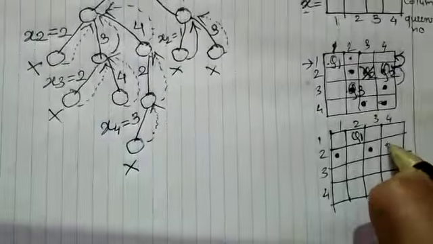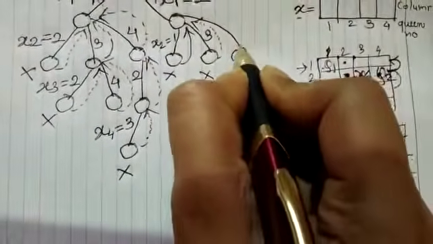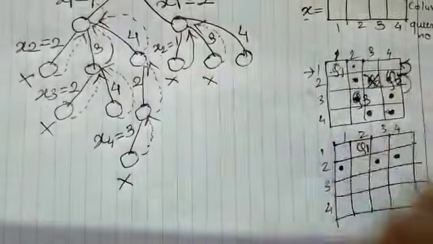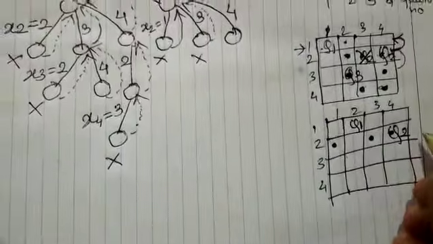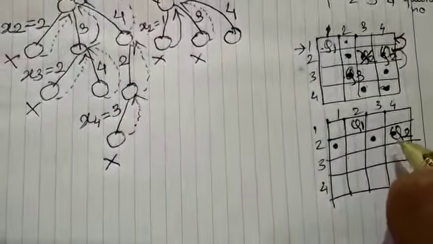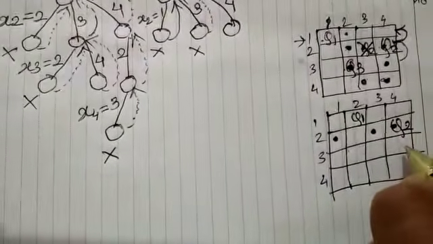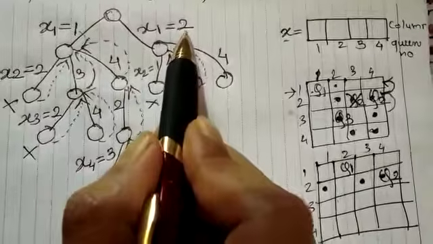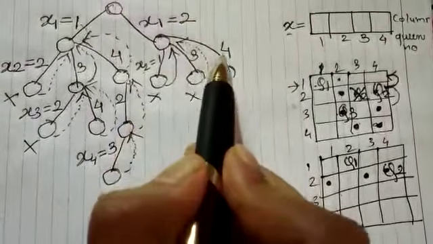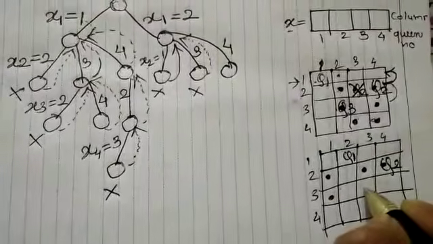Now we are left with the next choice, that is the fourth column. So I'll generate the fourth node where x2 equals 4. So here I am placing q2. Now after placing q2, we are going to place q3 in this particular row. Observe the tree. So far we have occupied column 2 and column 4. So we are left with a choice of column number 1 and column number 3.